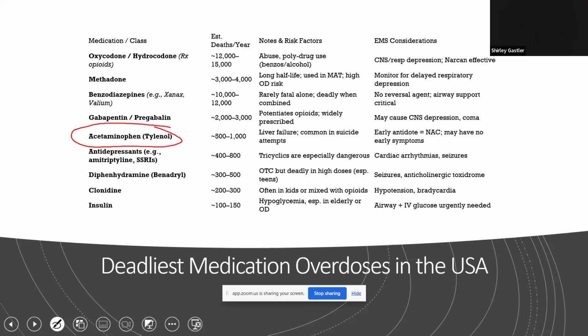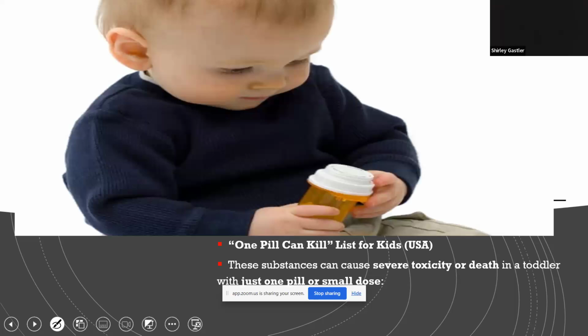Glucagon, yes. Yeah, and certainly glucagon. You bet. So this is not really a deadly list in the United States, but this is a "one pill can kill" list, and I've taught all kinds of students, residents, and obviously EMS in my career. I don't think I've talked about this topic with EMS specifically, but I think it's important, especially if you have kids, grandkids, nieces, nephews, anybody that's going to be around your house.